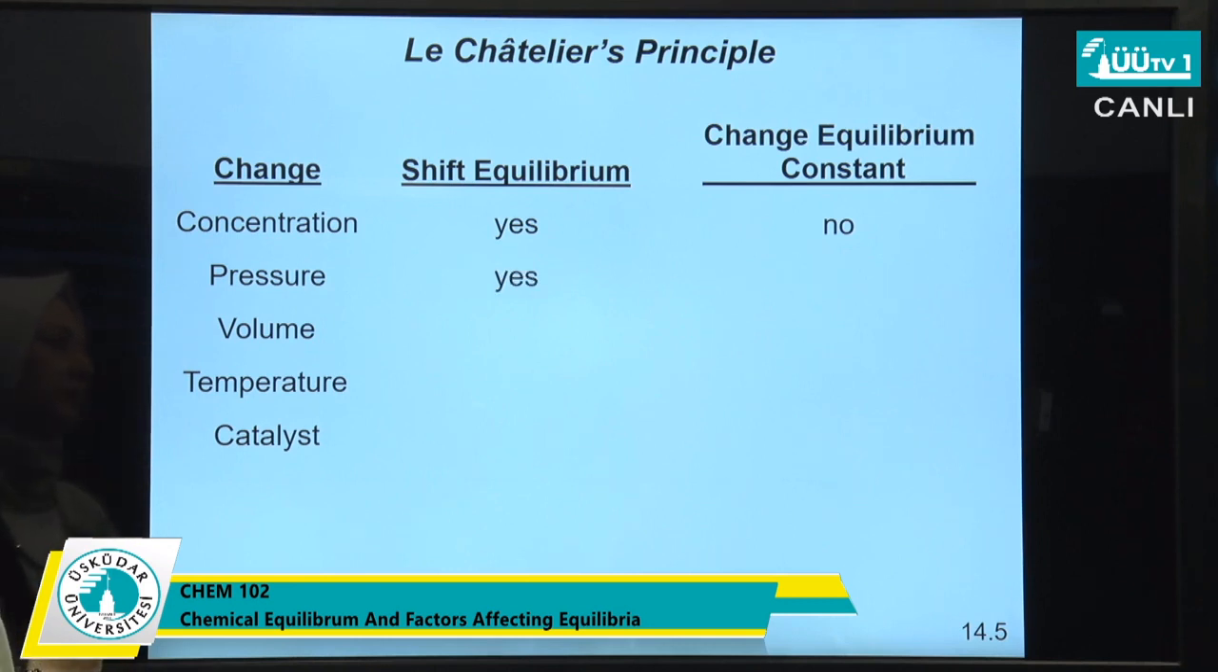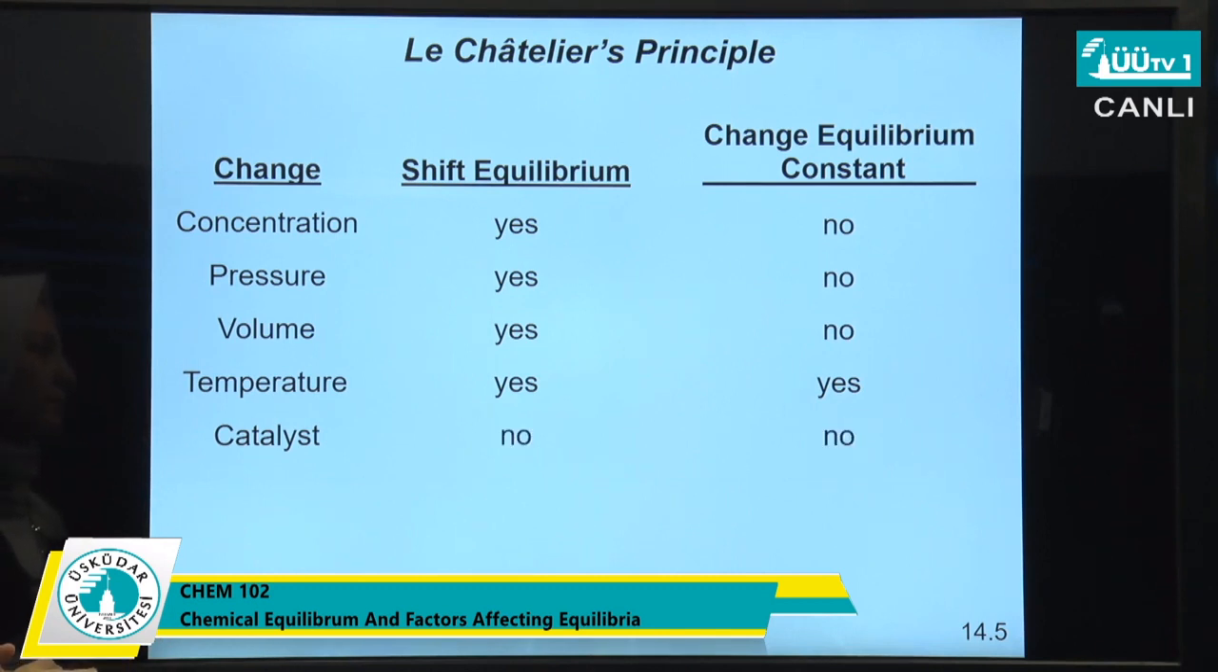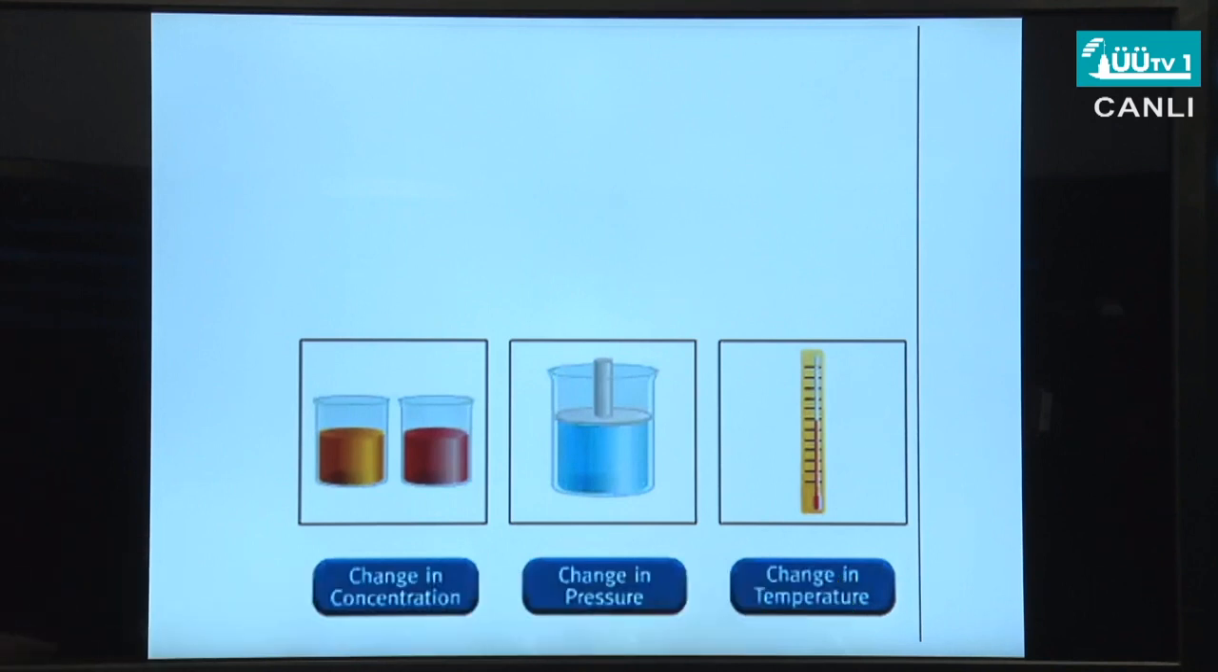Pressure similarly shifts the equilibrium, to the right or to the left, depending on the reaction and the effect you make. However, it doesn't cause any change on the equilibrium constant. Volume similarly shifts the equilibrium, but does not affect the value of the equilibrium constant. The only thing is temperature. Yes, temperature affects the value of the equilibrium constant. How about the catalyst? We said that a catalyst has no effect on both the equilibrium and the value of the equilibrium constant. Now, I'm going to show you a video,